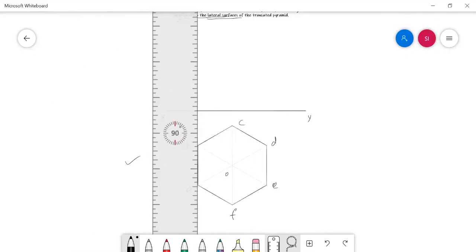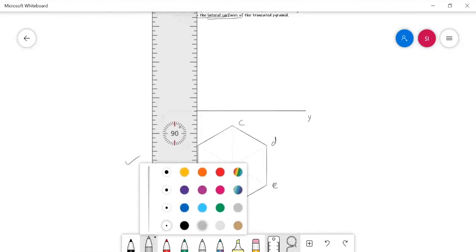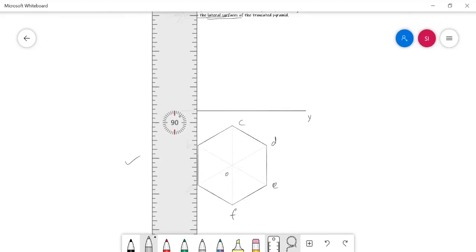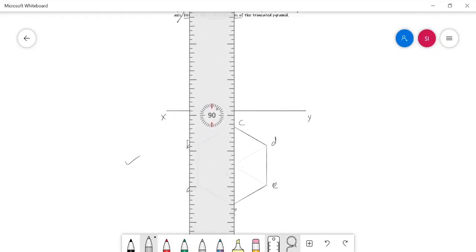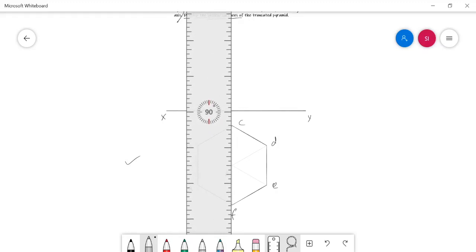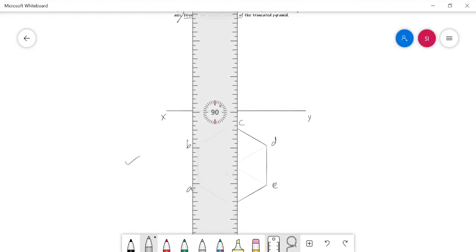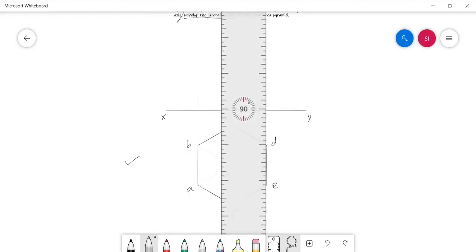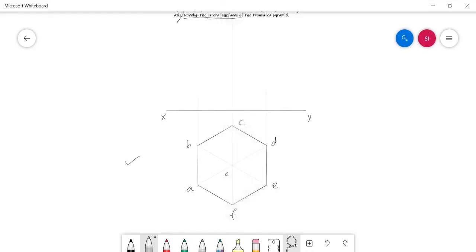Now let's project each and every corner towards the front view area. And this is A dash B dash, it's C dash F dash, and it is D dash and E dash.